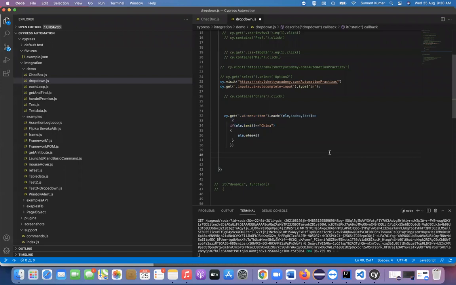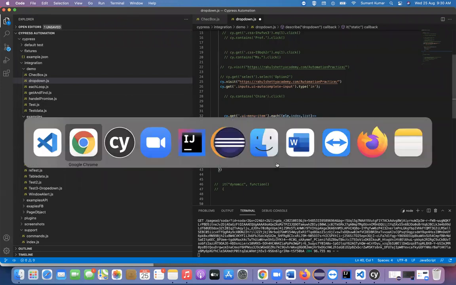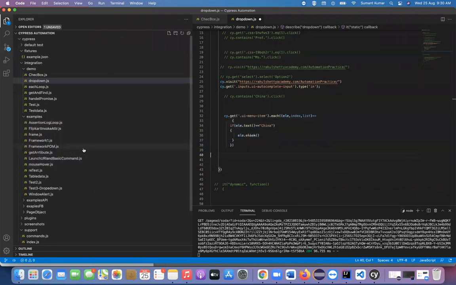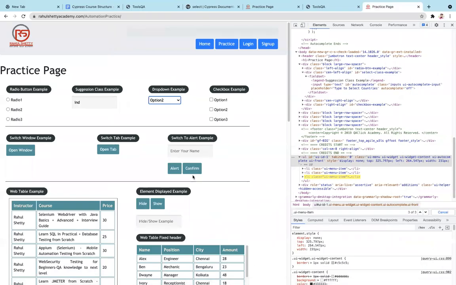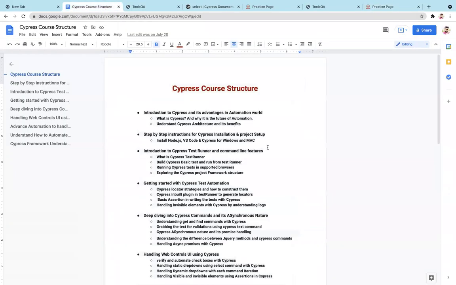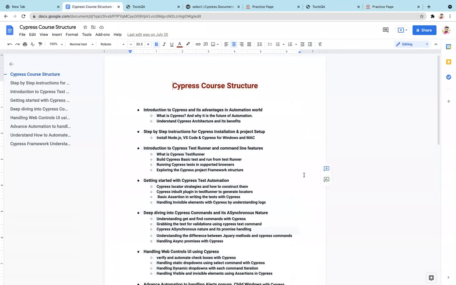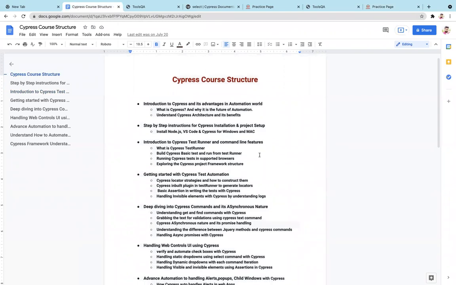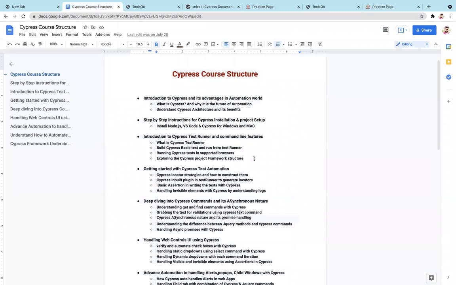Got it? Okay. So now I guess we have almost 90% covered as per the course structure we discussed. We'll go and see if we have missed anything. When are you going to show us the parameterization?